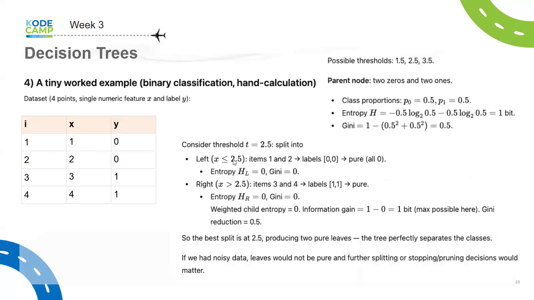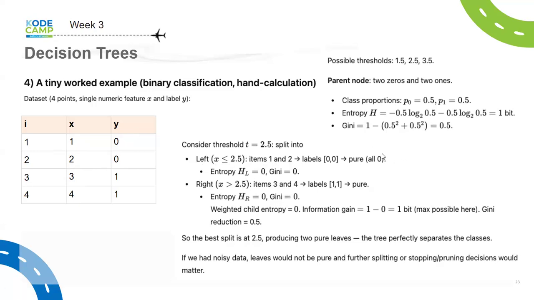So now, this is the initial calculation based on these proportions, the distribution of the data in the Y. So we now go to the X, the input that comes in. If we are using a threshold of 2.5, then 2.5 will split it at this point. If it's greater than 2.5, you have two numbers that will fit. If it's less than 2.5, you have two numbers that will fit. That's 1 and 2. So on the left side, where X is less than or equal to 2.5, you have items 1 and 2,